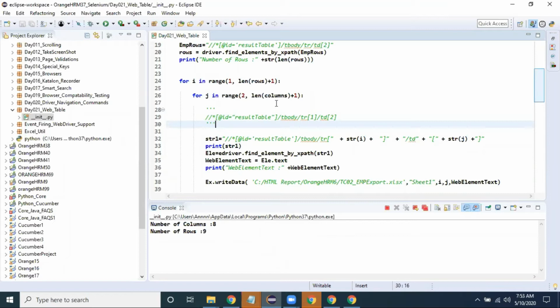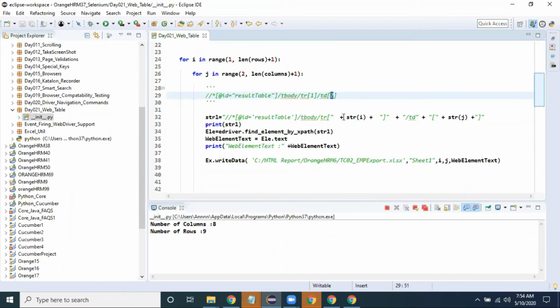And now I'm mentioning how many columns there are. So length of columns, 8 plus 1, 9, means from 2 to 8 it will run. This value will be changed wherever I highlighted.